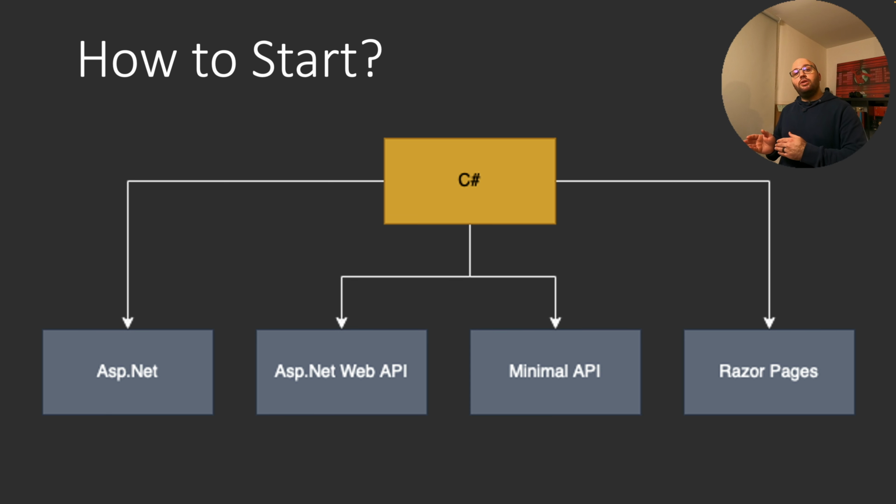Razor Pages is to a certain extent similar to ASP.NET MVC, in the sense that it has the front end with the back end stuff in a single project together. But the difference is Razor Pages does not have the model view controller architecture. On the other hand, Razor Pages have the front end and the back end within a single page. So for example, once you write the HTML page, on the same page you actually write your back end stuff